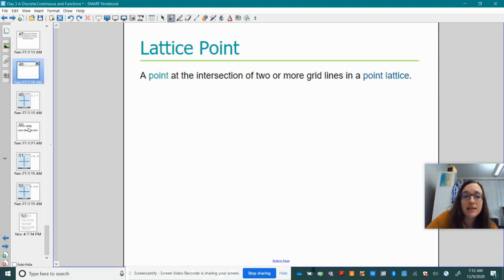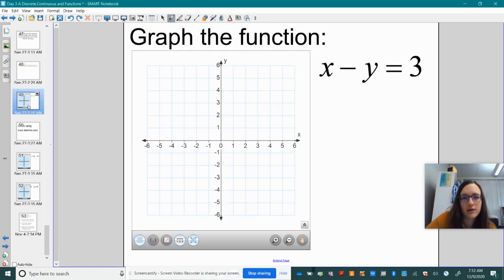A lattice point is a point at the intersection of 2 or more grid lines in a point lattice. So that's where the lines cross. So we got a bunch of lattice points if our line goes there. So if we would graph this function here, we would pick x and y values. So our x value, right, we could pick a